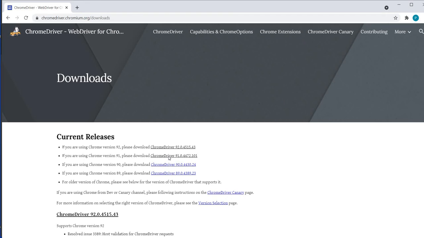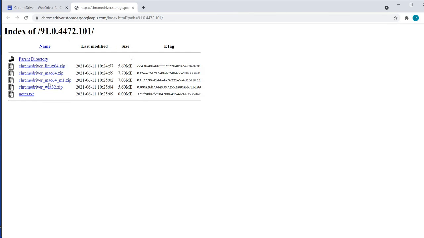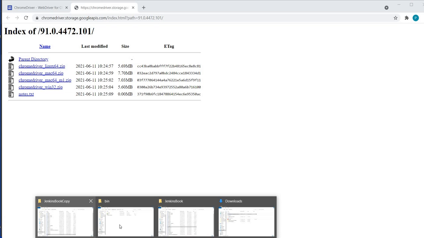Now 91 win32.zip. Let's go to the downloads folder.